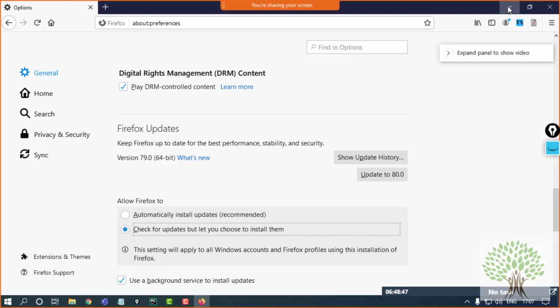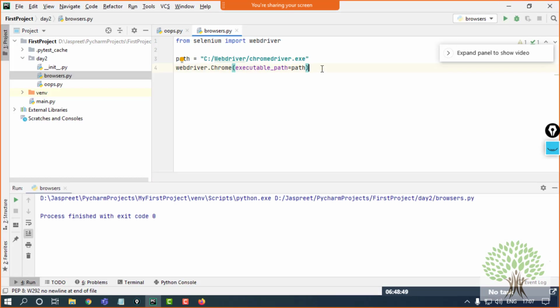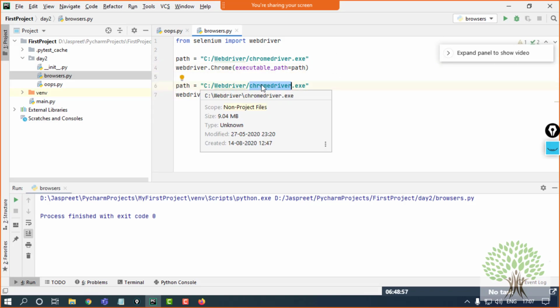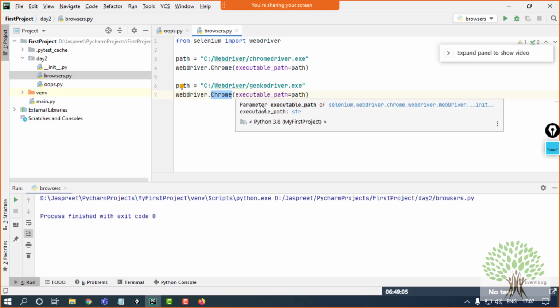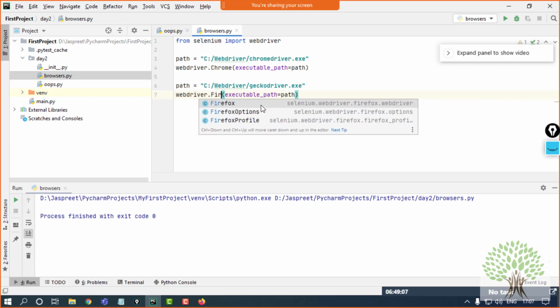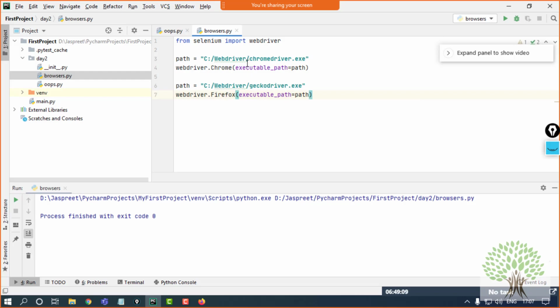Now the command is the same, just with little changes. First, the driver name is going to be changed. It will become Geckodriver. Then I have to update over here as well that this time my Firefox browser is going to open. These are the two changes that you have to make.